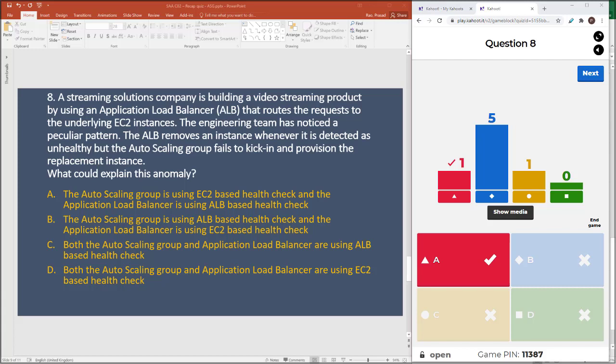And that is mainly happening because your autoscaling is actually using EC2 based health check, and EC2 is responding, but it has not yet been registered with the application load balancer, and the application load balancer is using ALB based health check. It's like EC2 is up, but let's say the server in it is not up. So you're not able to access, let's say, a health.htm or index.html. And your application load balancer health check